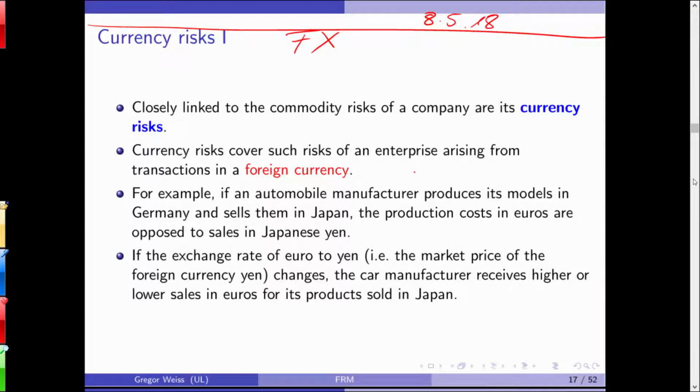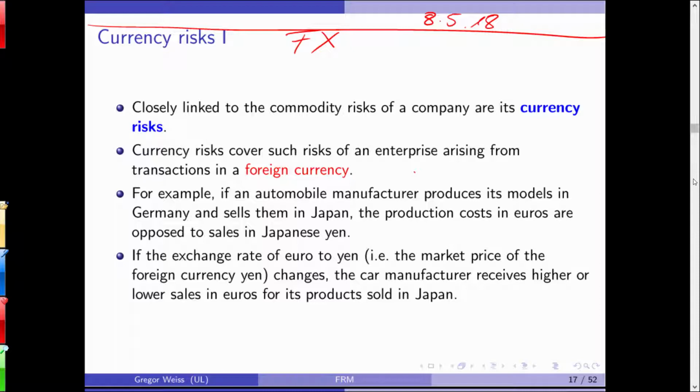Last week we stopped with currency risks. We talked about market price risks, and you might remember that market price risks entail both stock and equity price risks, risks that arise from changes in bond prices, but also, and more generally, currency risks, foreign exchange risks. Because for a foreign currency, the FX rate is the market price.